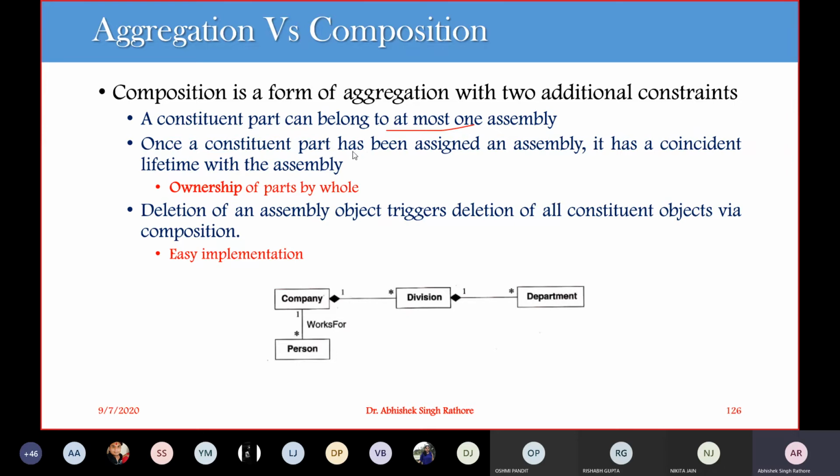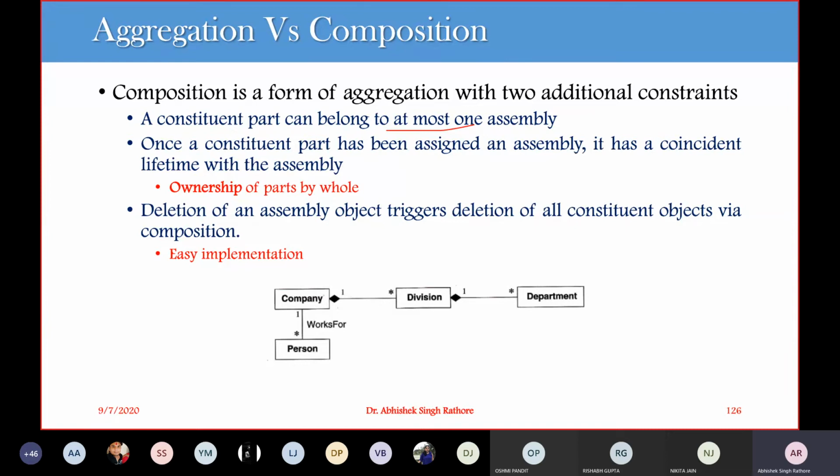The second constraint: once a constituent part has been assigned to an assembly, it has a coincident lifetime with the assembly. That is, the whole takes ownership of the part. Without the existence of the whole, the part cannot exist. Like SVIT does not have any existence when we don't have SVV.